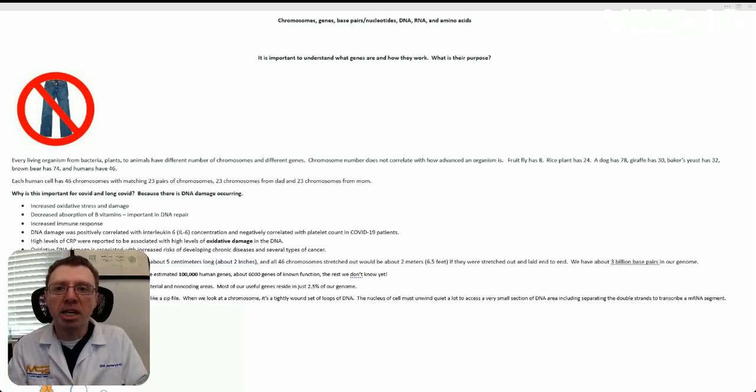Well, it's simple. The virus can damage some of your cell's DNA. It's promoting oxidative stress in your cells during the infection and even afterwards. So, why is it important to understand what genes are and how they work? What is their purpose? Every single living organism, whether it's bacteria, plants, or animals, has a different number of chromosomes